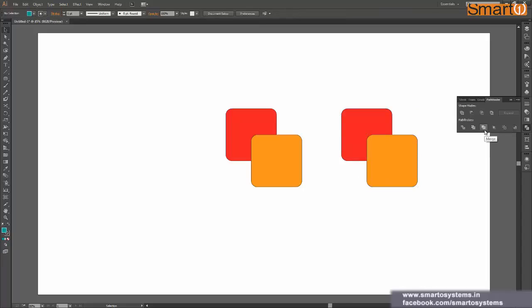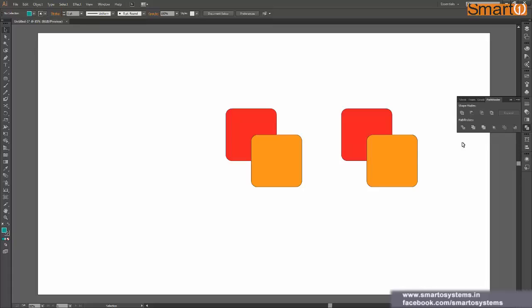Sorry for that. One more thing: performing a merge operation from the Shape Builder tool would be really difficult, because we have seen how the merge operation works. It combines shapes which have the same color, and it subtracts shapes which have different colors. So if you want to do something like that from the Shape Builder tool, it could get a little lengthy for multiple shapes, more than 4 or 5. So I would suggest avoiding a merge operation using the Shape Builder tool, and rather do it from Pathfinder only.